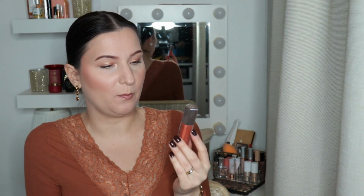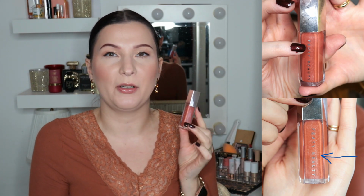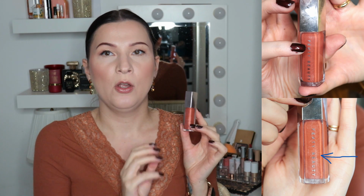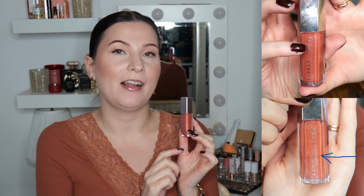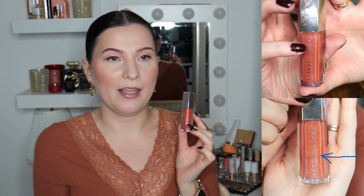Then the lip gloss that I have in this project is the Fenty Beauty Gloss Bomb in the shade Fenty Glow, and I'm always so surprised of how quick the progress is with this. I actually finished a couple of these lip glosses last summer. One of these Fenty Glow shades, I had two because when I purchased the first one I lost it and